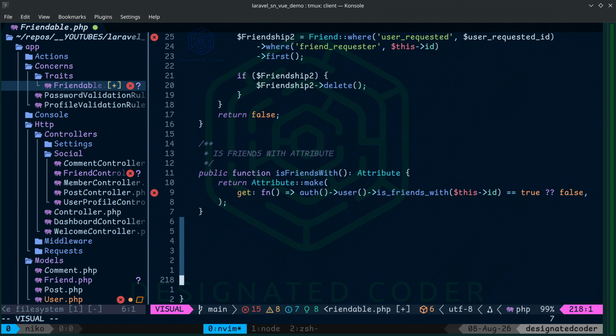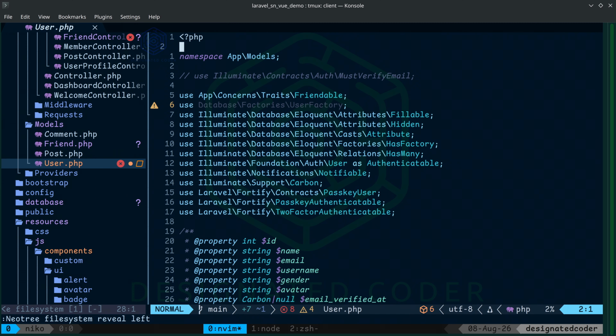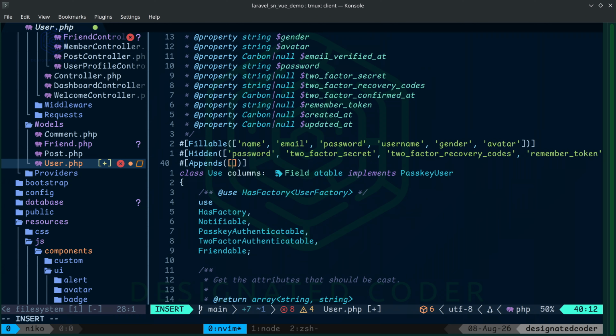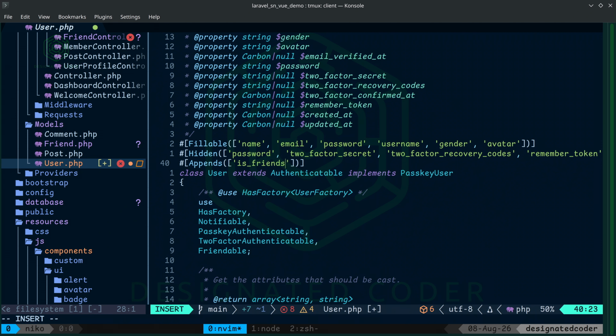fields in the database, just like a normal attribute, which means that we can come here, go up top, and where we would normally list our attributes is what we'll do here. So again, remember, this is just in place of adding an attribute function within this model. So we can say hash appends, and then our attribute name is friends with. So this is what we're appending to this user model, which means that now we can go down to,